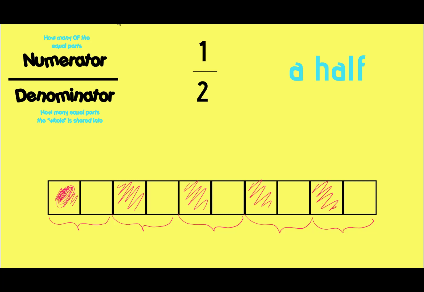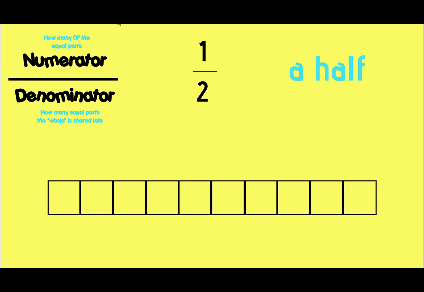Okay. There's 1 in that group of 2, 1 in that group of 2, 1 in that group of 2, 1 in that group of 2, and 1 in that group of 2. Altogether, I have 1, 2, 3, 4, 5 shaded. Now, you might want to do it like that, or